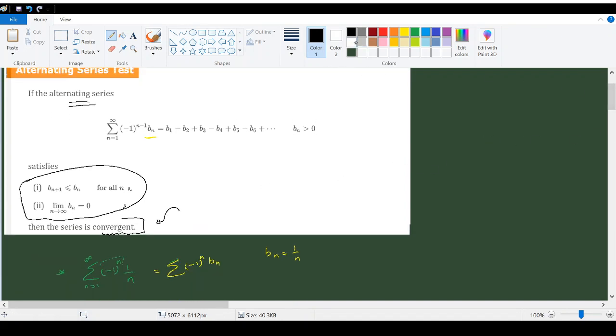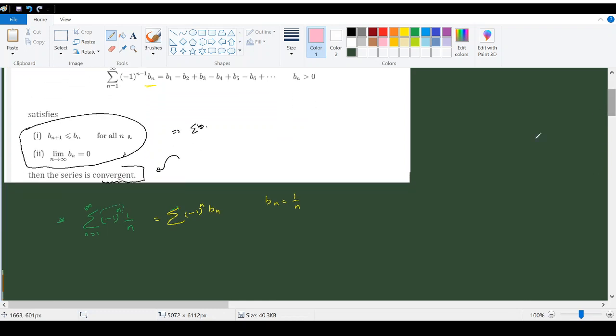It doesn't say anything if a given series does not satisfy these conditions; we cannot directly say that the series diverges. If it doesn't satisfy any of these conditions, we cannot say that the series diverges, or that it converges. So in that case the alternating series test will fail. Okay, now in this case you can see that